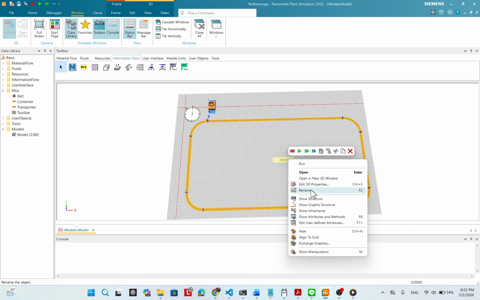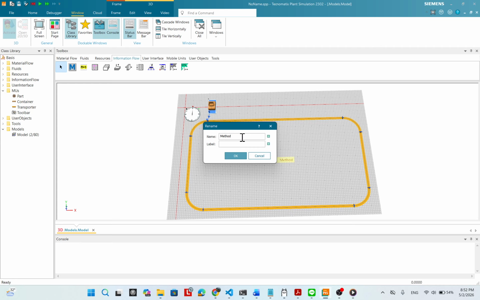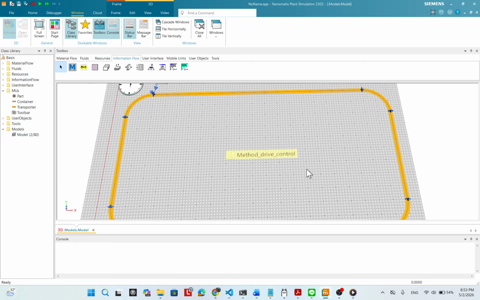I just rename based on the method: drive control. Click OK. This method controls